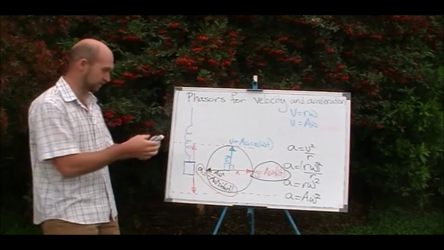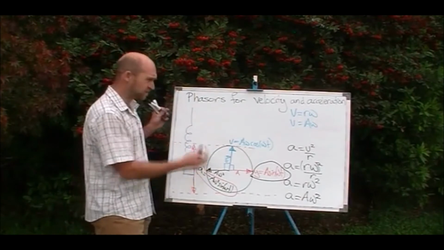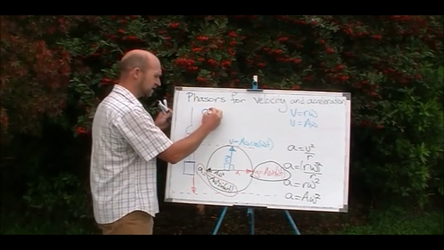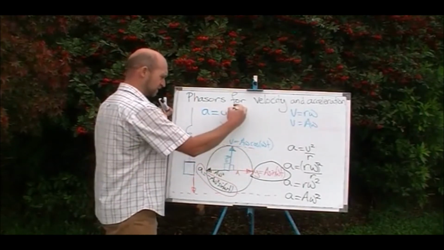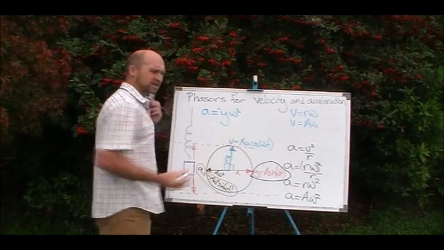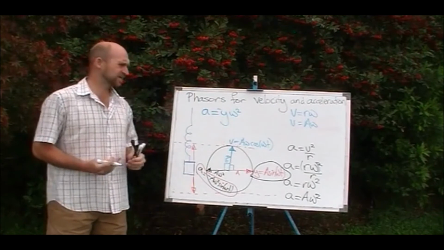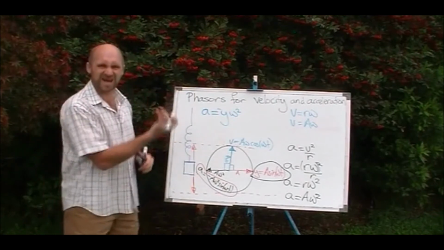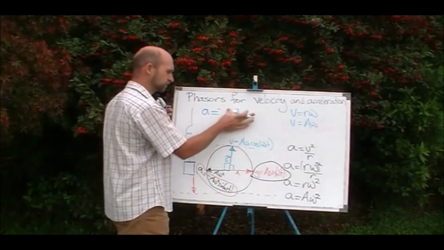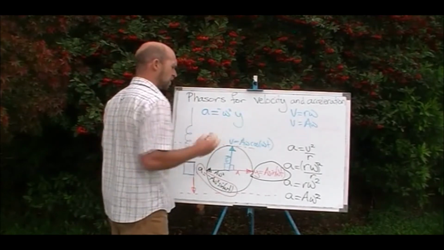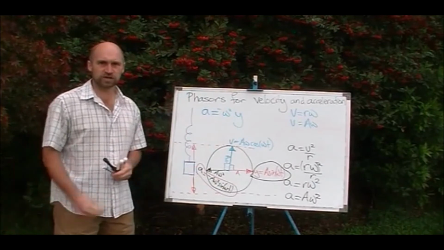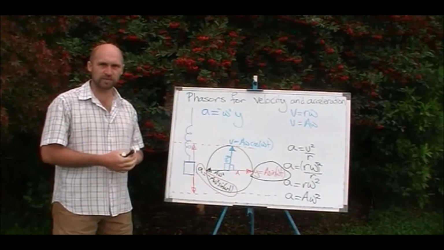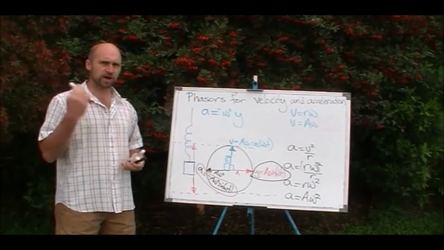Let's write that down. So the a1, a, is just equal to the y1 with a minus omega squared. Except we normally write that the other way round. We normally write omega squared y. And that is a critical equation for our simple harmonic motion, because you might remember right back